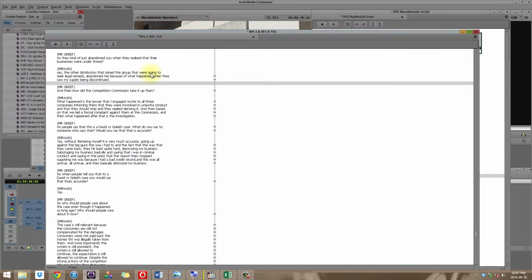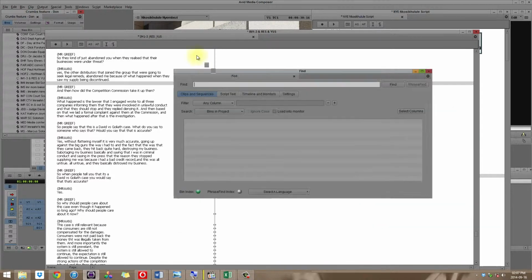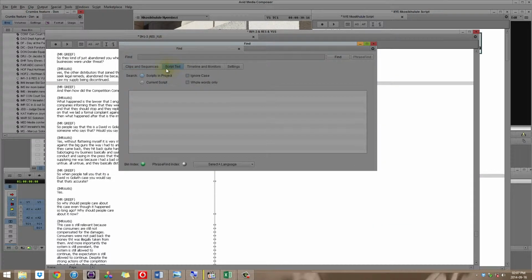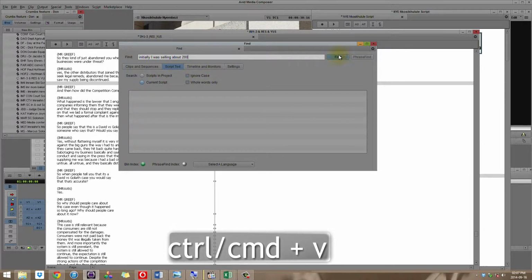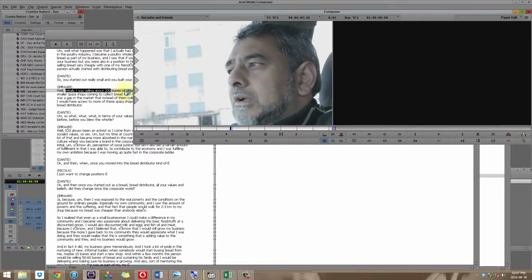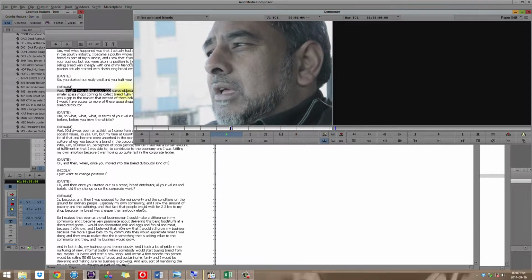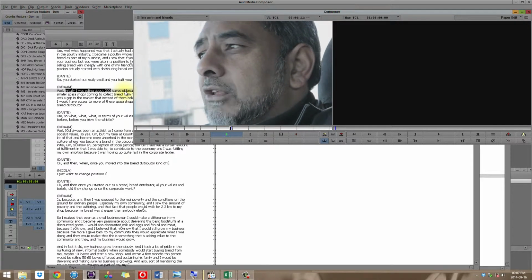Then what you can do is do a search on your script. I want to search the current script, and I paste in my text. Bam, found it there. Double click that and it automatically makes a little endpoint. It says initially I was selling about 200 loaves of bread from my shop, and I had a lot of